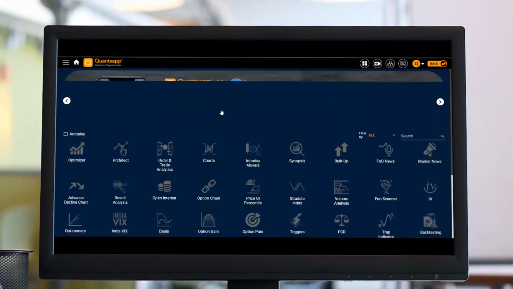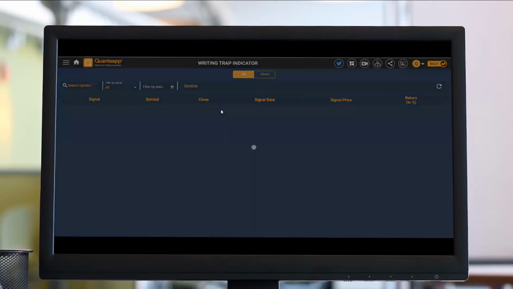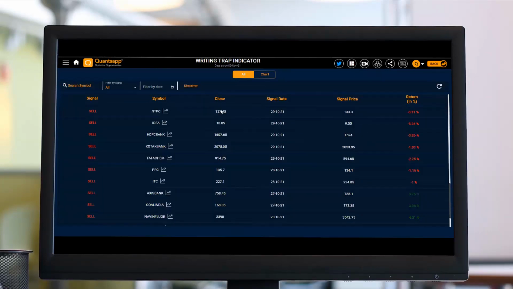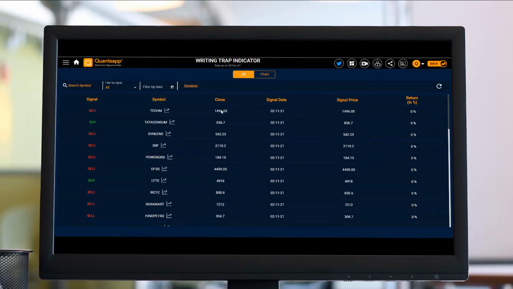So this is how we can go ahead and use the trap indicator. To sum it up, the trap indicator is a tool which generates a signal for us based on a proprietary recipe of catching where the option writers are getting trapped or are already trapped. We can use the trap indicator as a filtration tool to filter out some F&O instruments for our next day trade. But obviously, all the signals or data points we see on a single screen are not conclusive or complete in themselves. They will always require some additional data points to give you a lot of conviction.